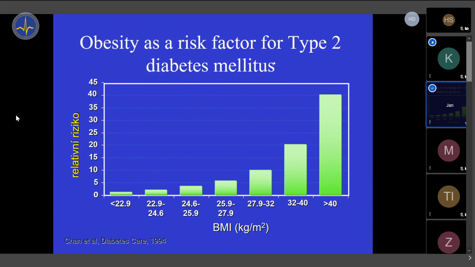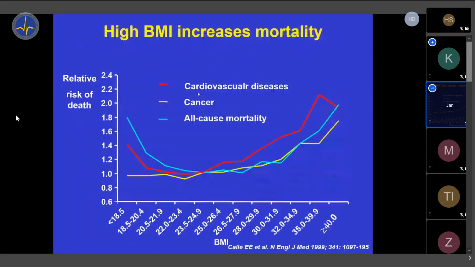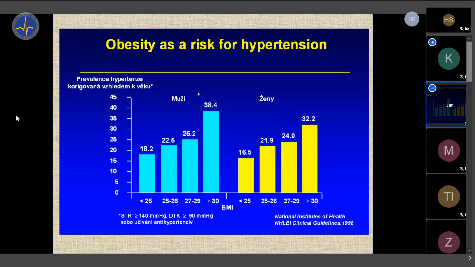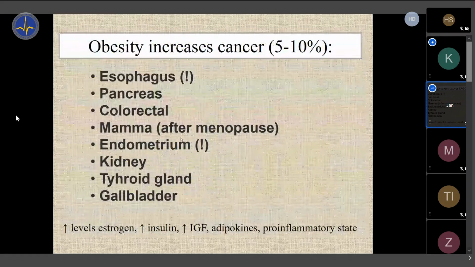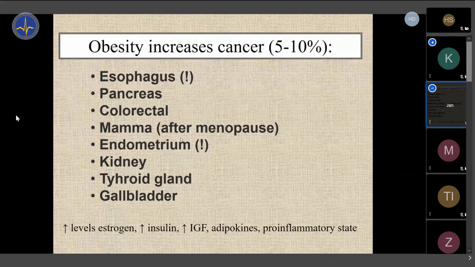And as you know, type 2 diabetes is a tremendously expensive disorder. It consumes a lot of money from public health insurance, and so on. So it's not only mortality, it's also specific disorders like type 2 diabetes and hypertension, which is the next slide, showing again the same story: the higher the BMI in men and women, the higher the prevalence or risk of developing hypertension. I could go on and on with these slides, showing that pretty much any civilization diseases like hypertension, dyslipidemia, and diabetes are connected with obesity.